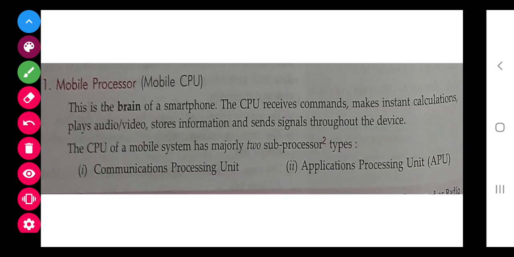So talking about the mobile processor, mobile also has a processor, and according to the processor only we have different types of mobiles. It also has its own software. Android mobiles have different software, and Apple mobiles, that is Mac mobiles, have a different operating system, that is Macintosh.